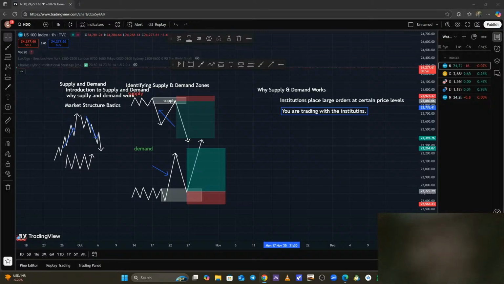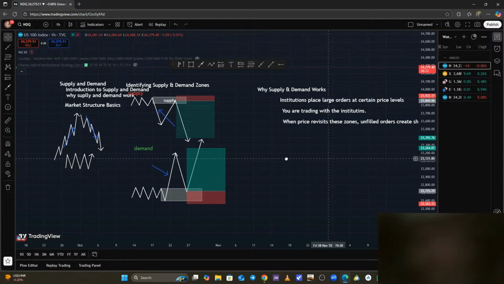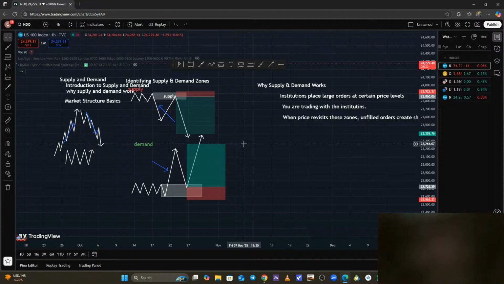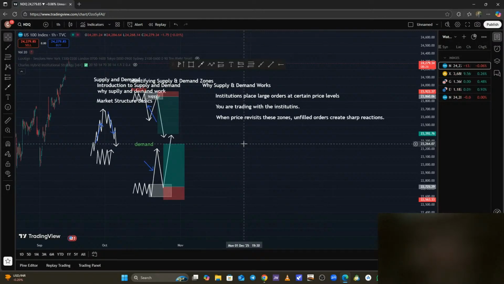Then number three, last but not least: when price revisits these zones, unfilled orders create sharp reactions. This is the main reason why supply and demand works. When prices revisit these zones, unfilled orders create sharp reactions. So we need to understand this